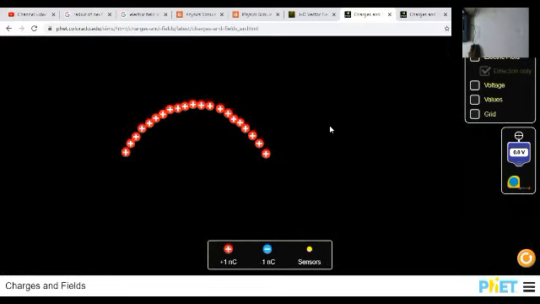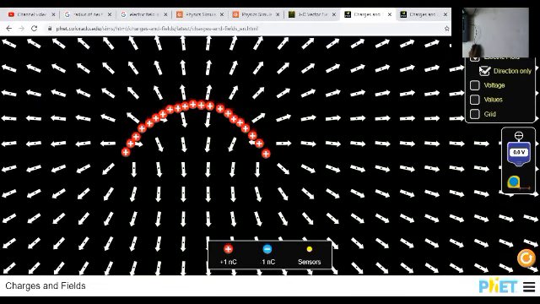Sir, what is a field line and how is it represented? You can see right now what a field line is. This is how electric field lines are represented. A positive charge will always give out electric lines of force. Now we have a set of charges arranged in a circular arc manner. Due to this circular arc, what is the net effective electric field? That is our first question.